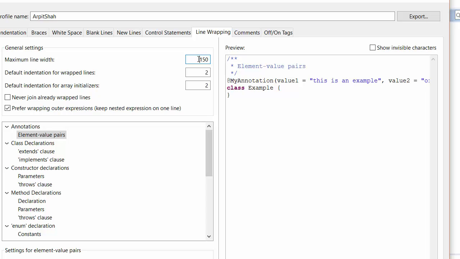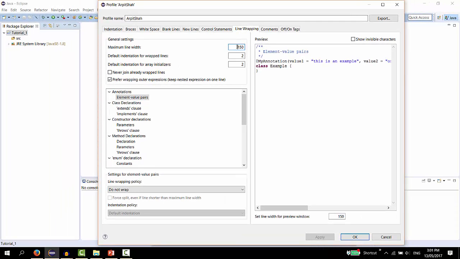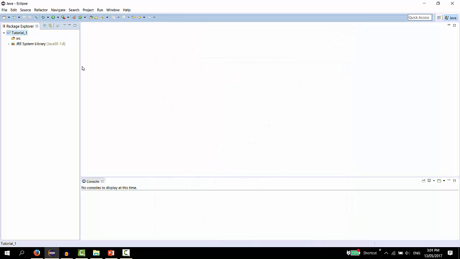So I prefer this particular number because it keeps all my program within a one line and doesn't wrap it just because it meets the maximum. And because I've closed all the other tabs, it just shows me a nice clean program. Otherwise it looks like a very lengthy coding. Once you have done all that, click OK to save everything. So there you go. Now we have created our very first project